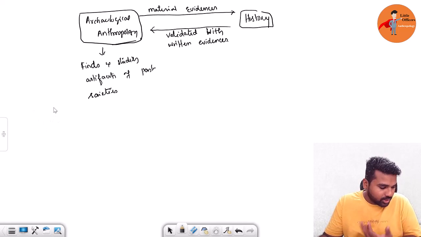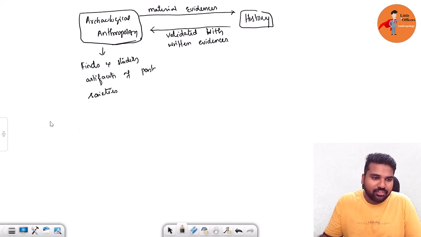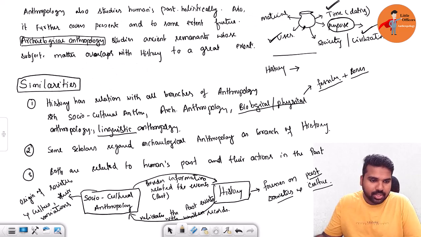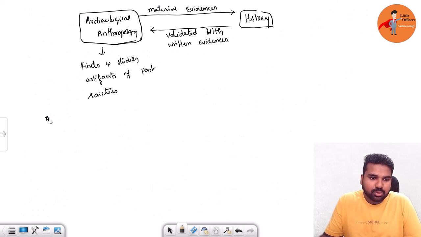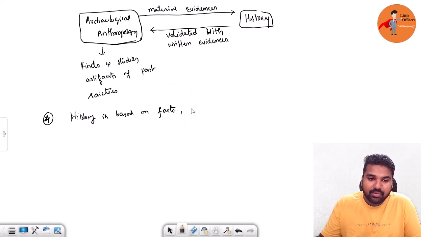Write one more point. History is based on the facts. Next point. How many points have we written? Three. After these, do the diagrams. Write the fourth point: history is based on facts, and the same facts can be validated